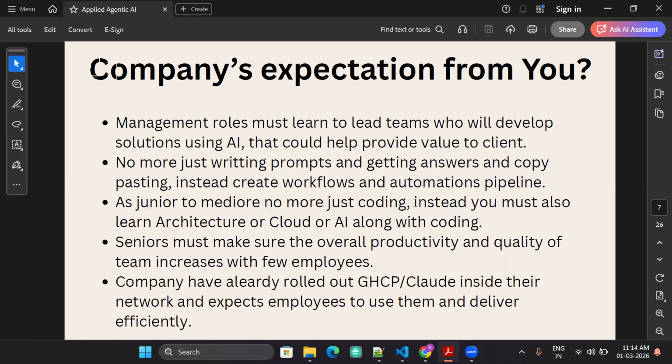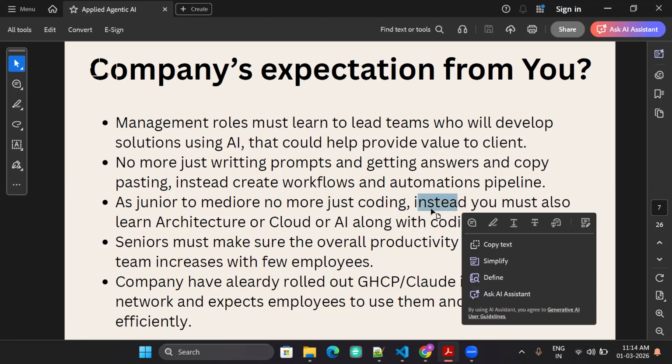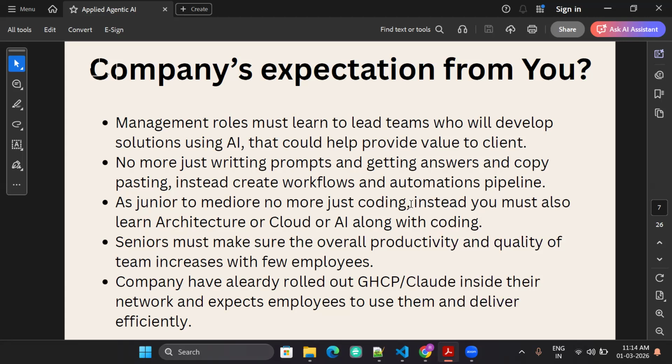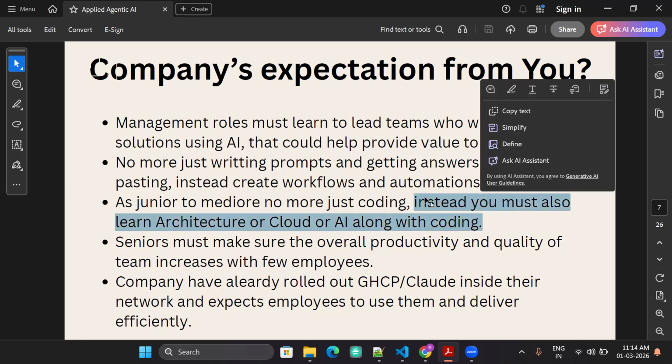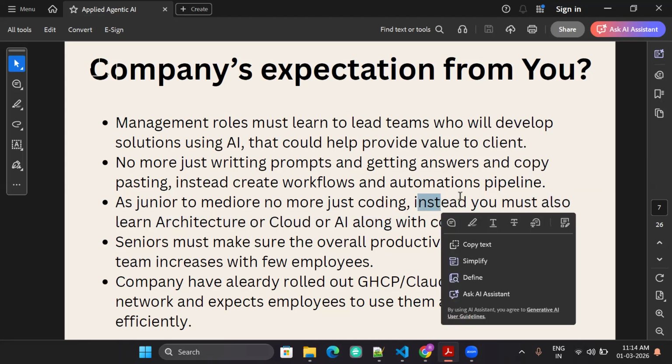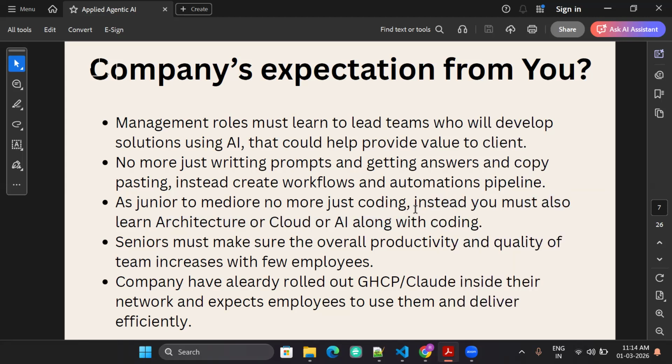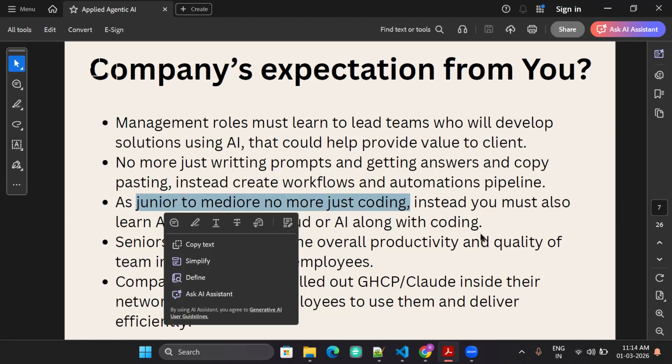What you have to do is make sure of the architecture, the job which solution architects or designers are doing, you are able to do those kinds of jobs, or you are able to do some business analysis work, or talk to clients directly and get involved in big meetings. And then finally, of course, the code written by the agents, you should be able to cross verify and then let it get deployed to production. That will be your job. Coding will cease to exist in, let's say, a year's time from now. If you're just coding, the companies don't need you. It is going to be a hard truth.